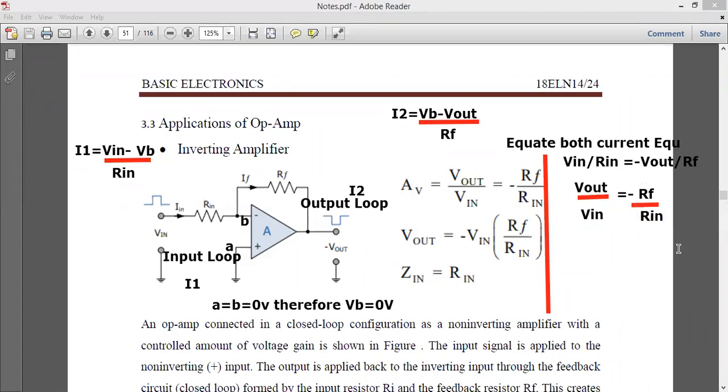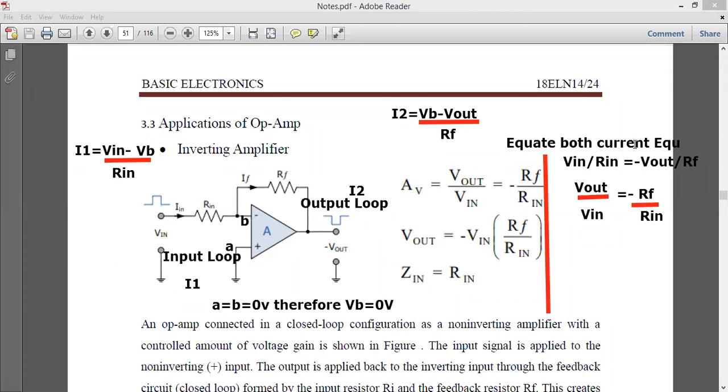So I have derived now. You can see in my PDF that my gain, which is represented by V out divided by V in, is equal to minus RF divided by R in. ये कैसे आया इक्वेशन मैं आपको बता रहा हूँ, कैसे आया इसको मैं एनालाइज किया. I have taken input loop, output loop, two currents I have taken. Find out the current I1 because of this. अब VP कितना आया यहाँ पे? 0. 0 कैसे आया? Because of the virtual ground. Go for finding the current I2.